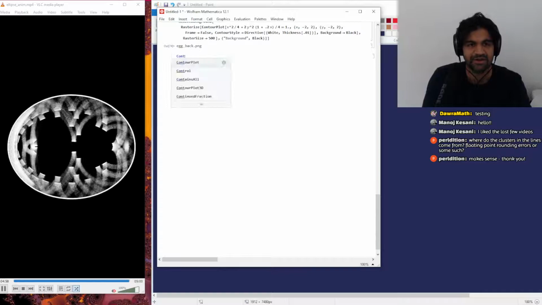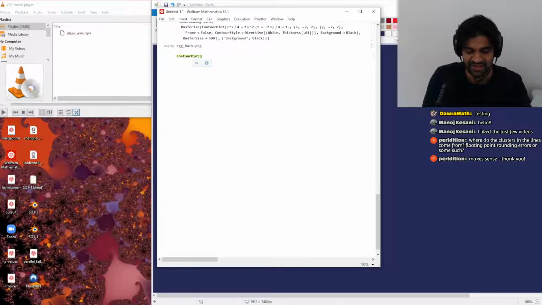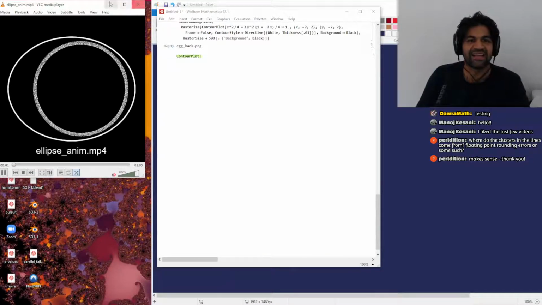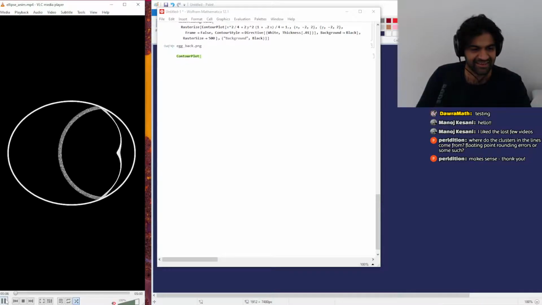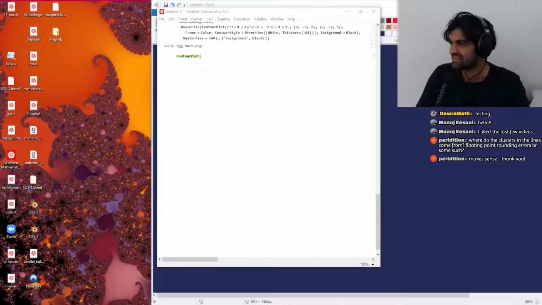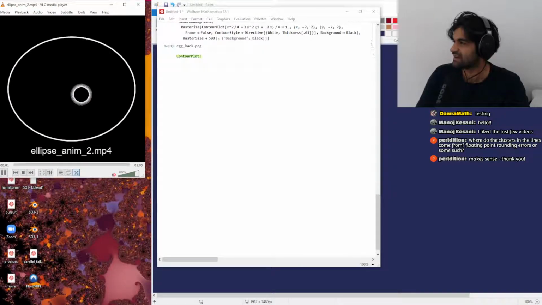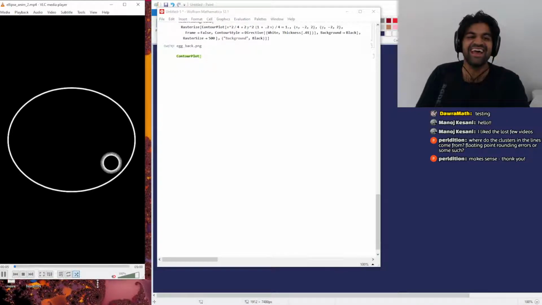So you just do a contour plot of this equation. Oh, okay, I can play another one in the background actually. I did a second ellipse. Let me show you another one that I did. This is another ellipse, but this one I started with a smaller packet of particles, so you can see there. I guess it's nice to always have something entertaining running in the background in case you don't want to hear